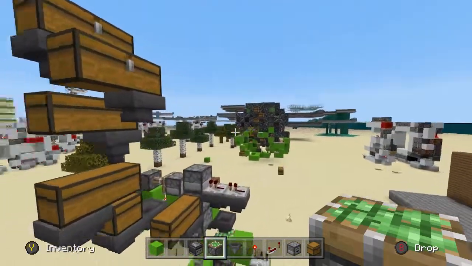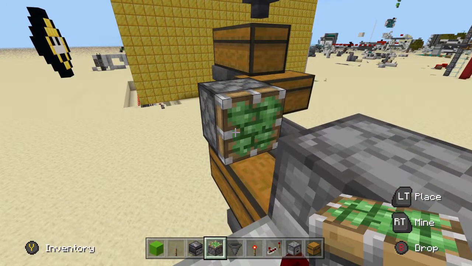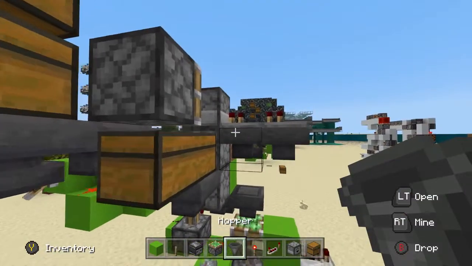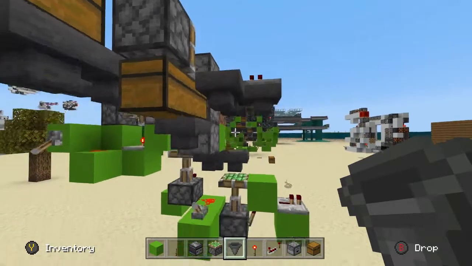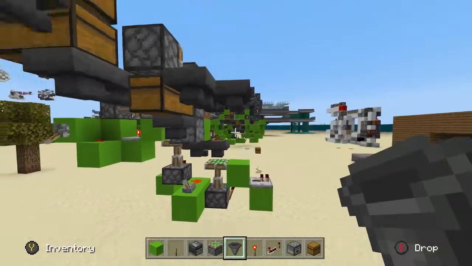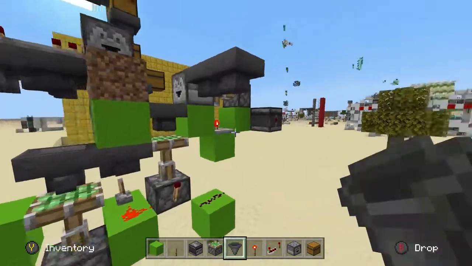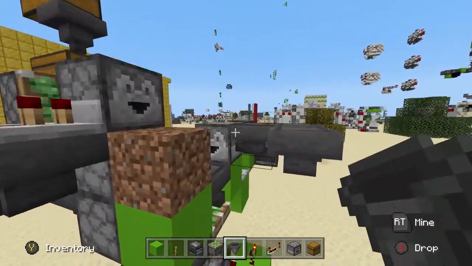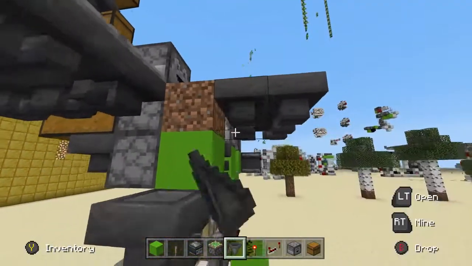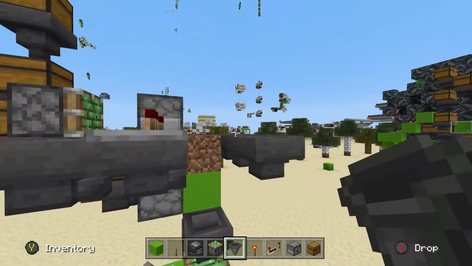Okay, so then what you want to come ahead and do is just place a sticky piston behind that, like so. Then you want to go ahead and place a hopper there, a hopper there, a hopper there, and then a hopper there, a hopper there, a hopper there. You can see what I'm doing is literally placing hoppers going around and eventually going into that dispenser on the other side,